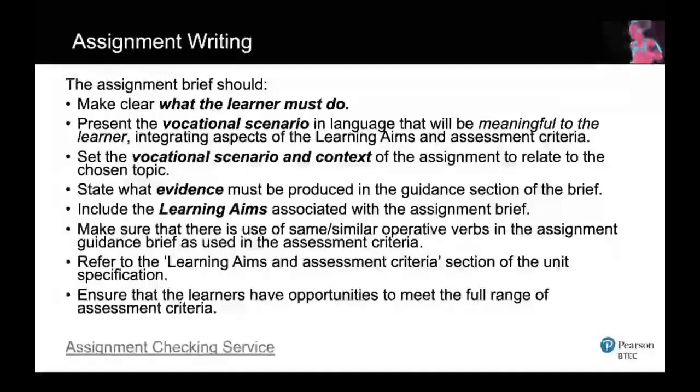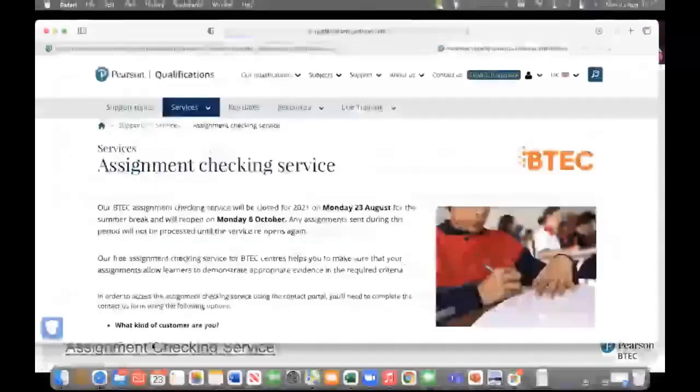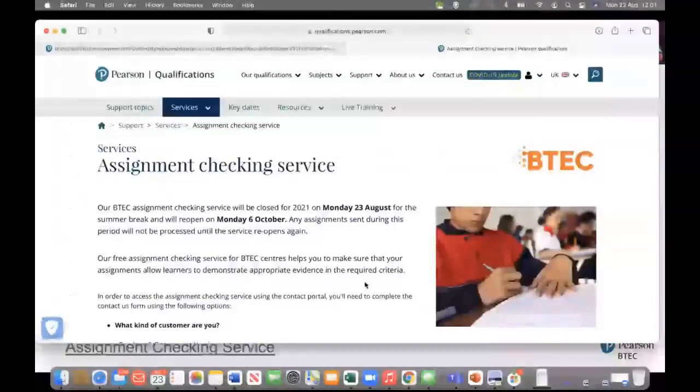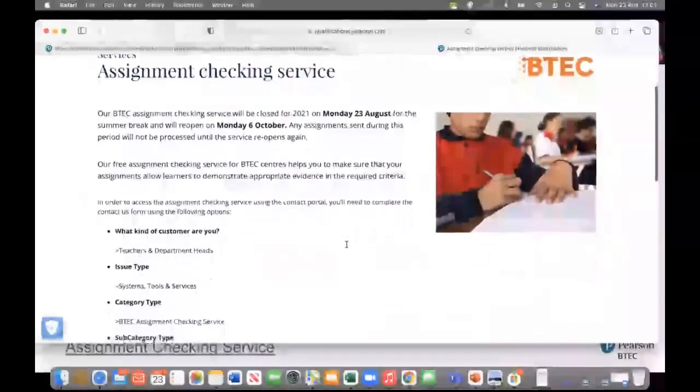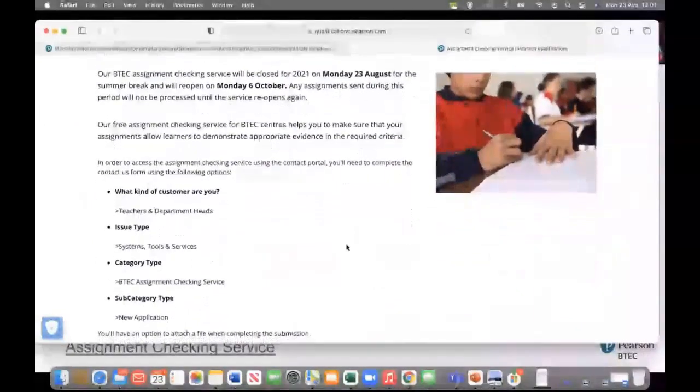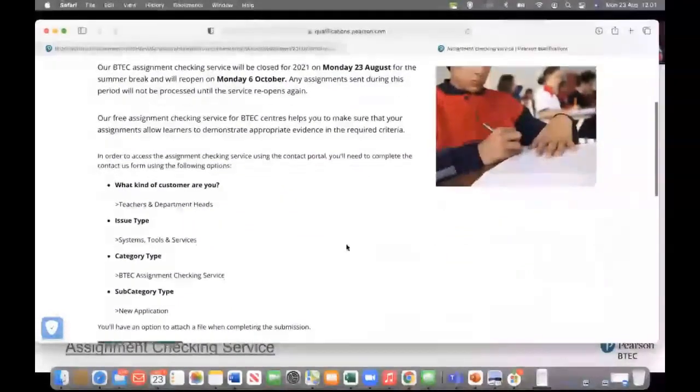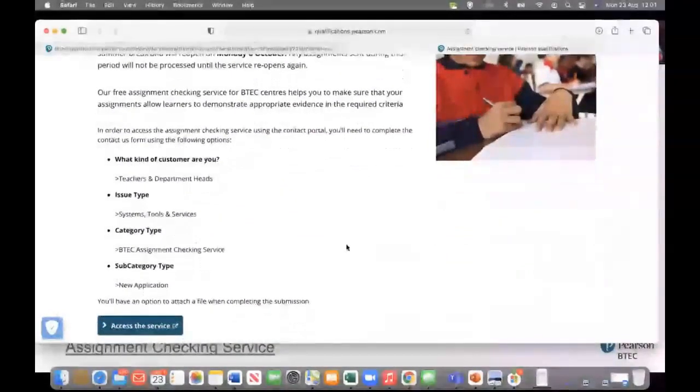The last thing that you do have available to you is that assignment checking service. If we look at it quickly, and I'll just link through to the page just now, here we can see that that assignment checking service is available throughout the academic year. Here, there is a little break currently until the 6th of October, but after that point, you can submit your assignment brief that you've devised for Unit E to be looked over by a subject specialist. What they will do is they will look at the assignment brief and make sure that it's fit for